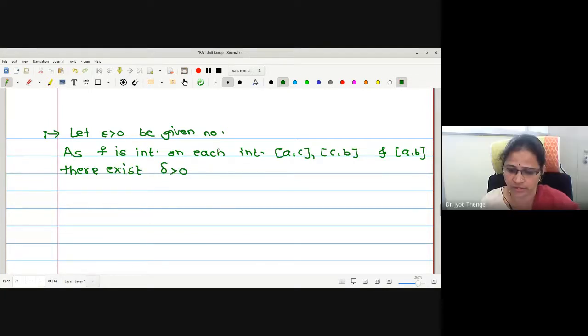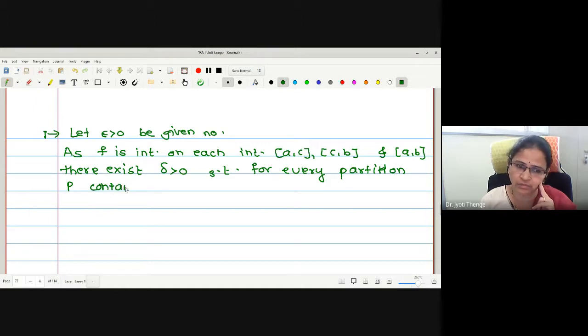Yes, ma'am. Delta greater than 0 such that for every partition P containing C, because C is a point in the given interval and that should be in my partition as well,